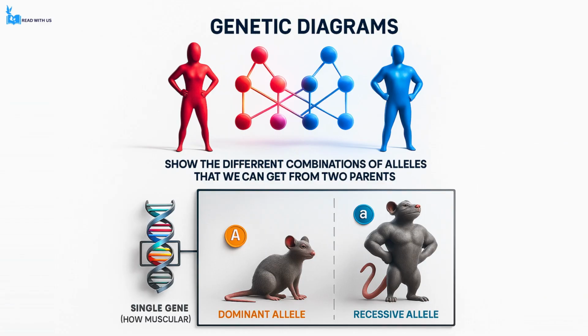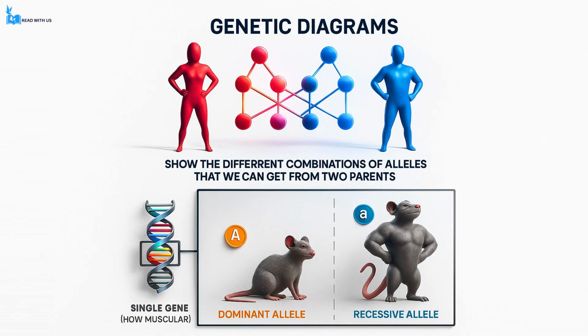In this video, we are going to explore genetic diagrams, which help us visualize all the possible combinations of alleles that offspring can inherit from their two parents. To understand this more clearly, let us take a simplified example involving a single gene that controls how muscular a